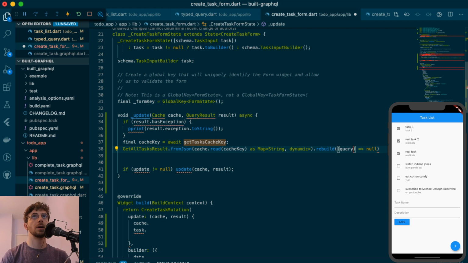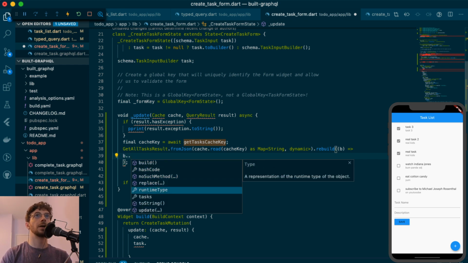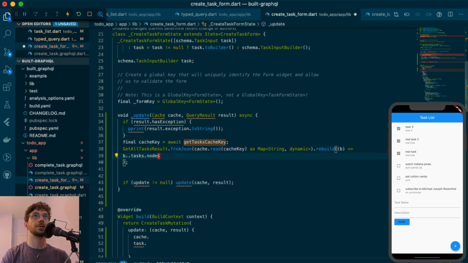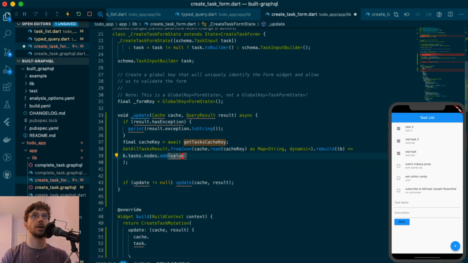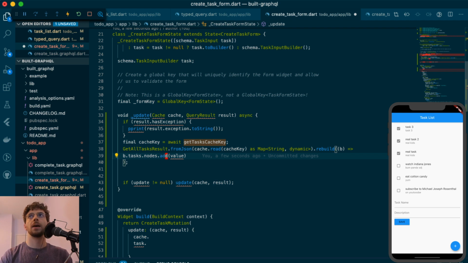So now we're going to leverage built value's builder functions to take the tasks, nodes, add single node, which is just a task. The model names are kind of ugly right now, but